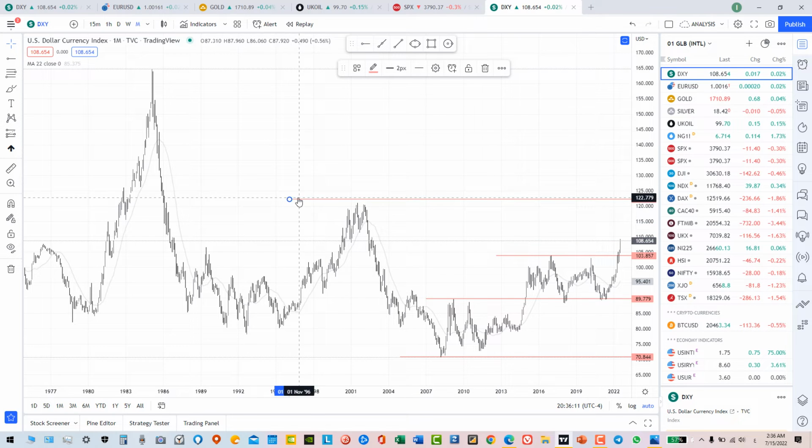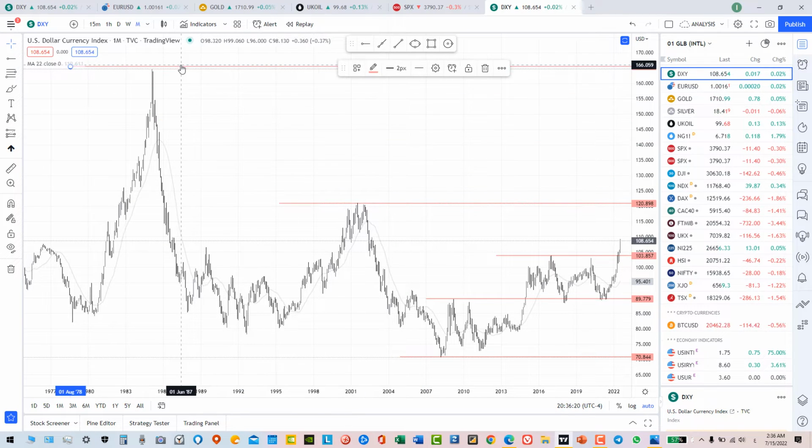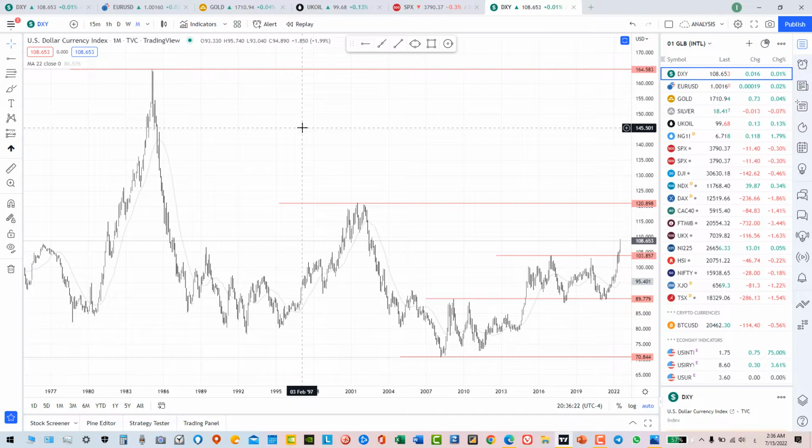Then we go a little back to the time of the beginning of the millennium, around 120 points, and finally the 164. Of course, it's very clear why these levels are drawn as they are. This is a monthly peak. Of course, it's historical, but it's a very clear spike around the 164 level,